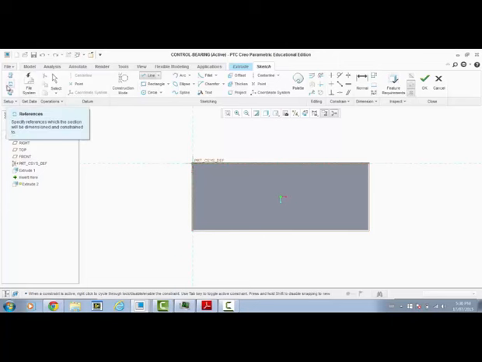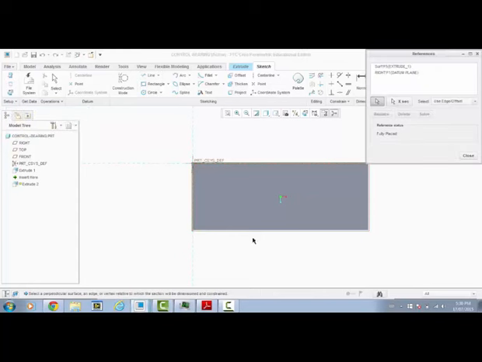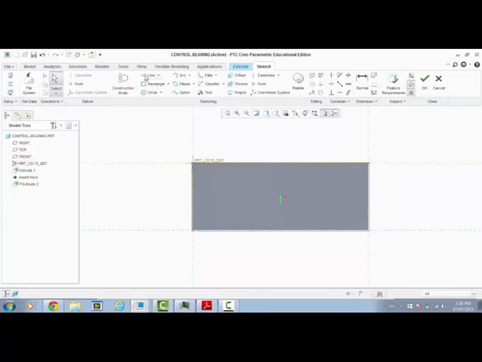So we need to make more reference lines. So this is very important. You go to this icon where it says reference, click on it, and now you can touch the gray edges to form that blue dashed reference line. Close that. Now we can go to line, and we can start at this axis of the reference lines, and